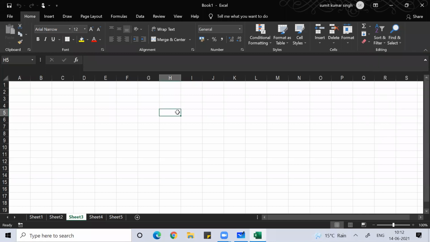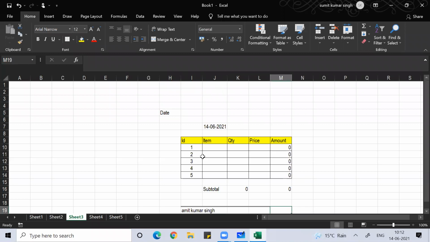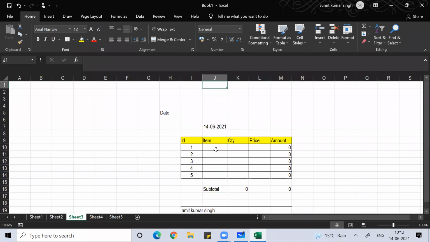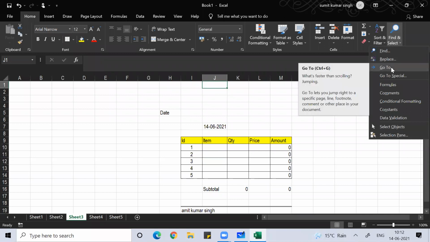I told you about a macro; we can run the macro. By mistake, sometime yesterday I created a macro with this same shortcut Control G. So whenever I press Control G, instead of Go To my macro is running. Leave that. Otherwise you can do it manually: go to Go To.